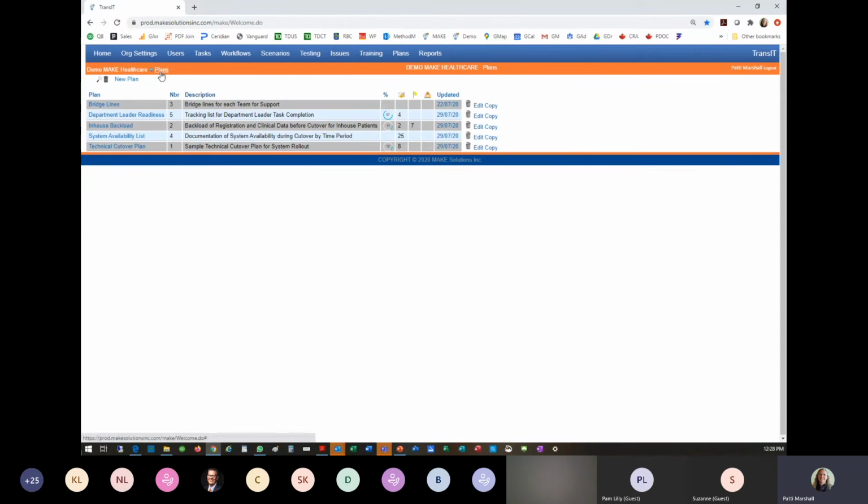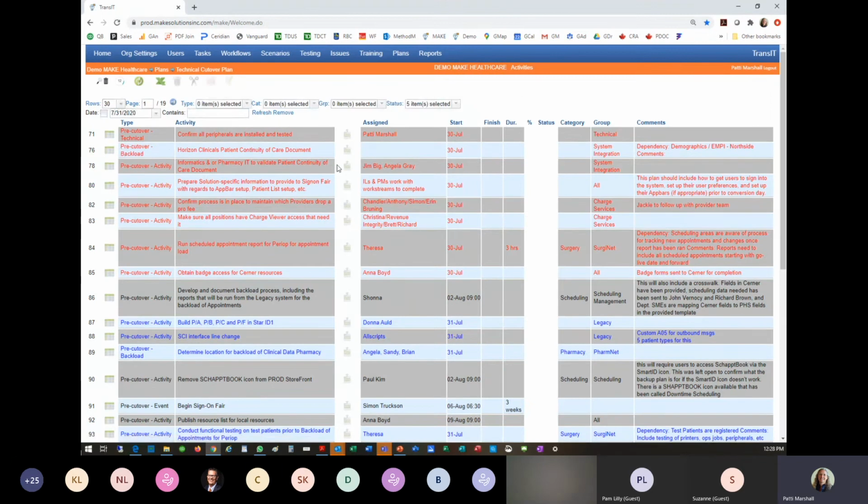I have one more example of a plan out here, which is a technical cutover plan. So again, very similar to the other plans I've shown. Tasks that are red are overdue, tasks that are black are coming due, tasks that are blue are things that are due for today. So again, if I wanted to go in and see the tasks that I'm responsible for,